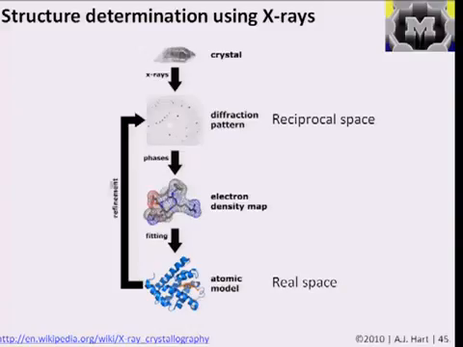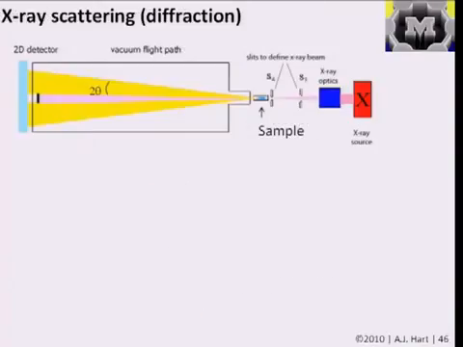But the general idea is that because it can be mathematically determined how a beam of X-rays or a beam of electrons interacts when the atoms in a material are in certain places, then we can take a diffraction pattern or a scattering pattern of a sample, and then we can do some math on it to calculate what organization of atoms we actually have. And there are a few manifestations of this in practice, and one of them is called X-ray scattering, and X-ray scattering and diffraction are